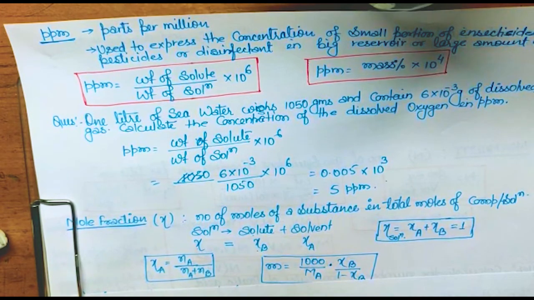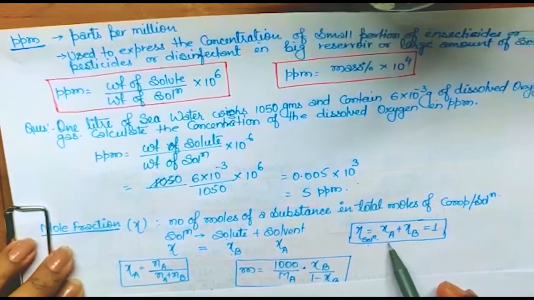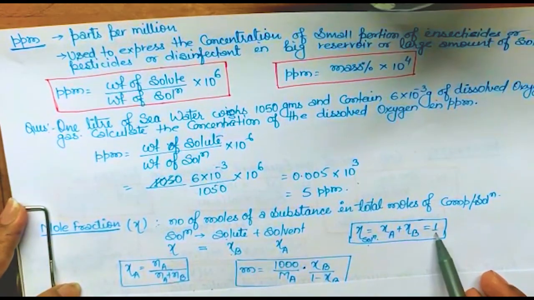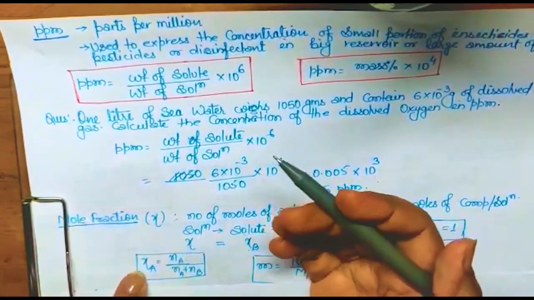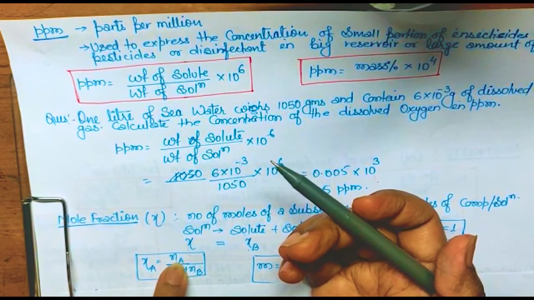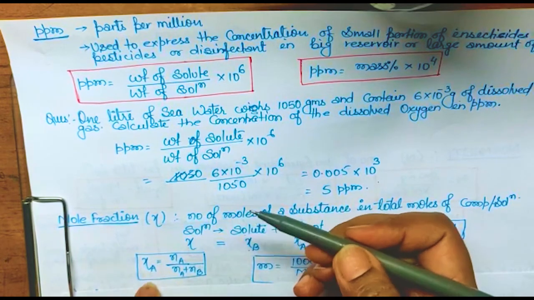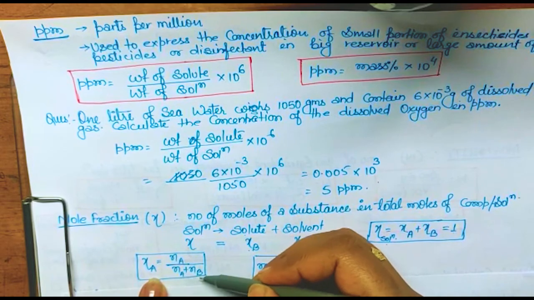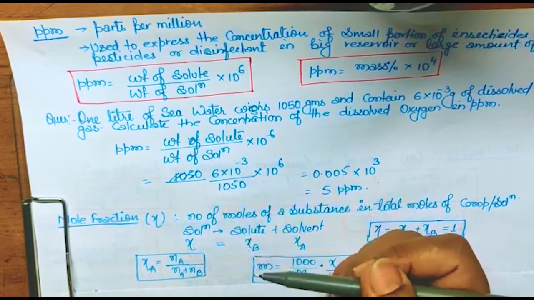The concept of A and B is going to be used a lot. So B is for solute and A is for solvent. Okay, so the chi solution will be equal to chi solute plus chi solvent, and that will always be equal to 1. Okay, the formula of the chi A, if I am saying, so it will be number of moles of whichever component we are finding the mole fraction of, upon total moles. Got it? So chi A is Na upon Na plus Nb. If it will be chi B, it will be Nb upon Na plus Nb, isn't it?